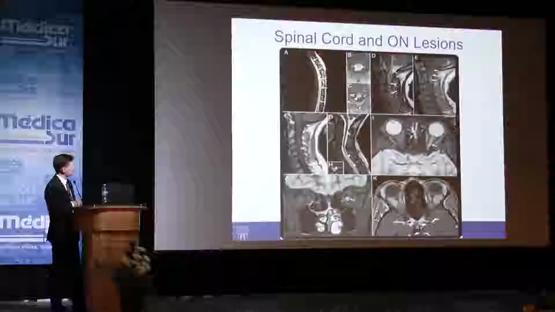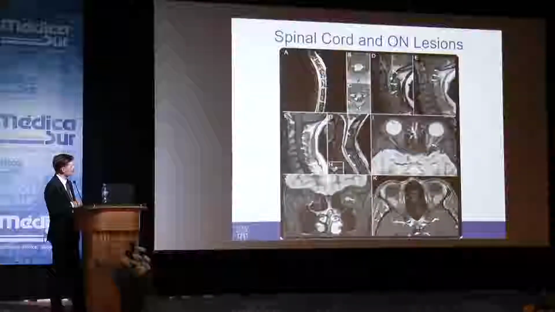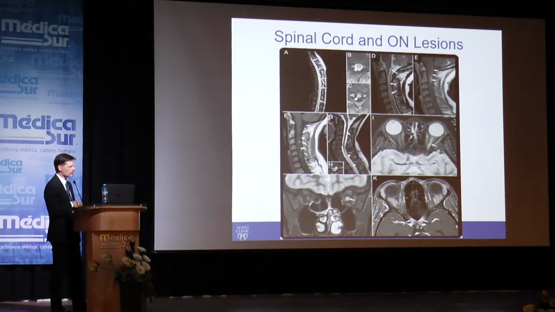What's shown here are spinal cord lesions. Here's a longitudinally extensive lesion extending over more than 3 segments within the spinal cord, extending up into the brain stem with some associated enhancement. And this pattern of enhancement, this ring-like enhancement, is very strongly suggestive of demyelinating disease, common in both NMO and MS, but when seen in combination with a long lesion of the cord, usually means NMO.